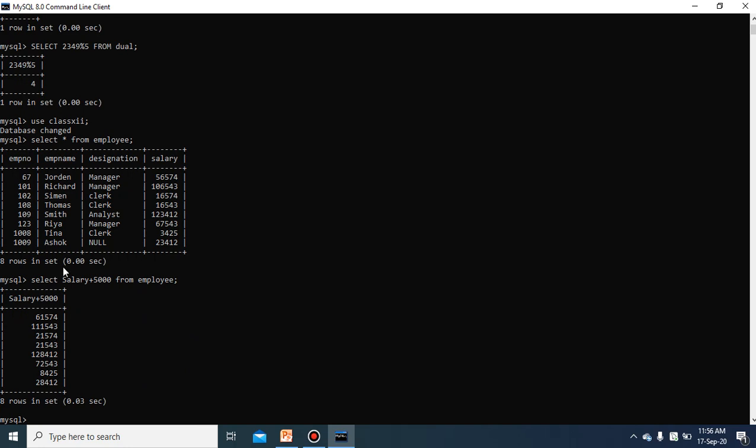See, everyone's salaries will be getting updated, and the previous salaries, whatever they had, are incremented by 5,000 each. So this is also one type of arithmetical operation, an arithmetical task you can do with the help of the table data. That is the name of the table, employee, and salary is one of the columns we have